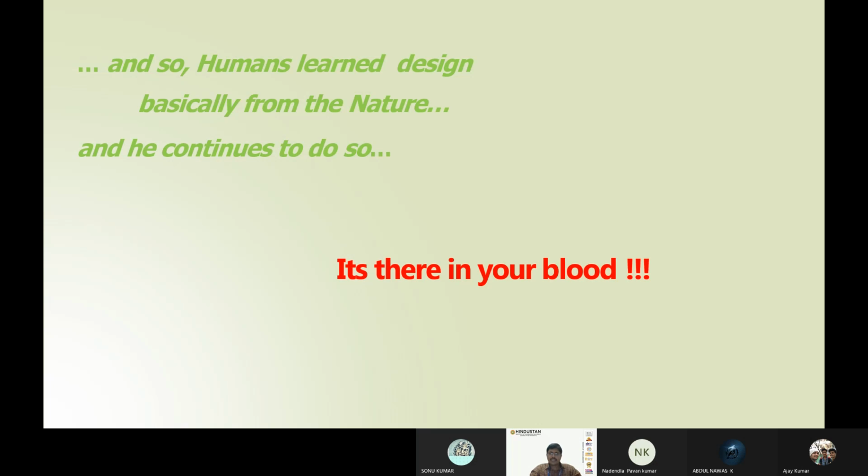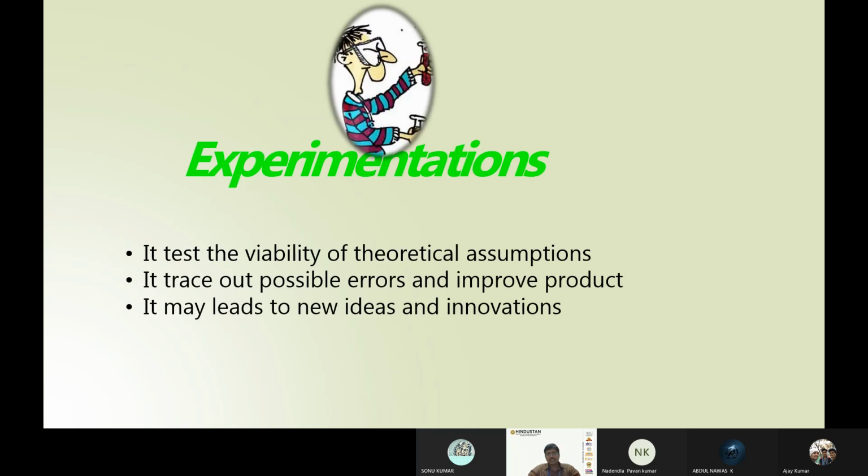Right, so something I told about the experimentation in the previous session, that also we are going to discuss. So what are the important points in the experimentation? The first thing is there are many theories behind, many principles there, many laws there. So how to prove the law? How to check whether the law holds good in these particular situations? The only thing is you need to do experimentation. Am I right? If you're telling Ohm's law is correct, that is voltage is directly proportional to current at a constant temperature, how will you believe?